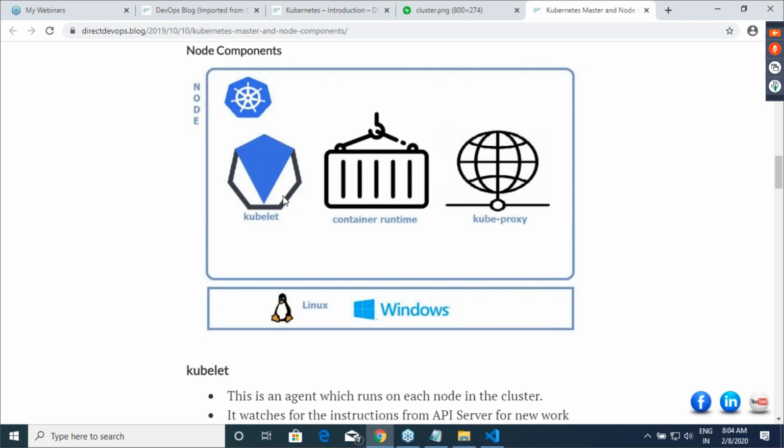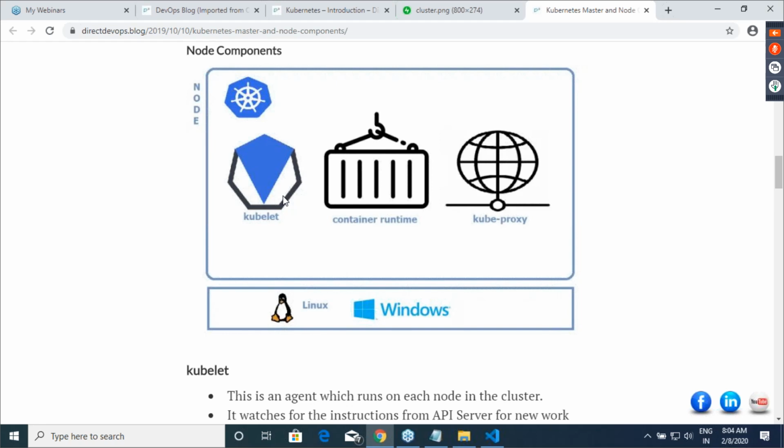Okay. And then kubeproxy. So remember in Docker, we have spoken about multi-host networking. Whenever you have two nodes, we will have an overlay, right? And overlay uses a bridge internally. Okay, it uses underlay and all of that stuff. There was a networking discussion over here. In Kubernetes, all of that networking with respect to your cluster is maintained by kubeproxy. So kubeproxy is a networking component on each node.